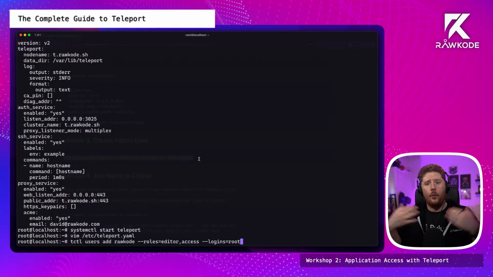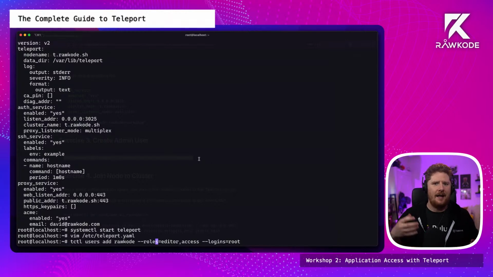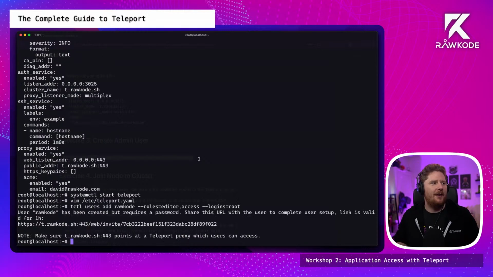This is the user that we are going to use initially to set a few things up within our cluster. One thing is different from workshop 1, and that is that we no longer have access to roles equals admin with Teleport 8.0.0. It's now broken down, and you have to use editor and access. So roles admin is gone. I'm going to have to re-record that entire workshop, but that's probably for the best anyway. And we're going to add logins root so that I can have root access to each of the nodes within the Teleport